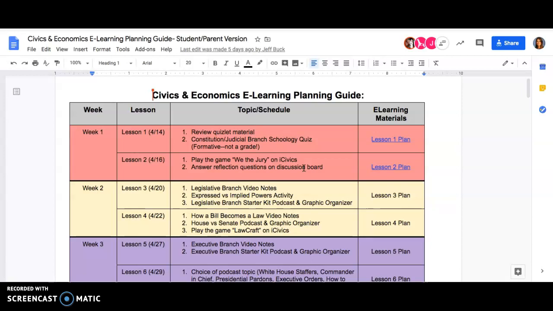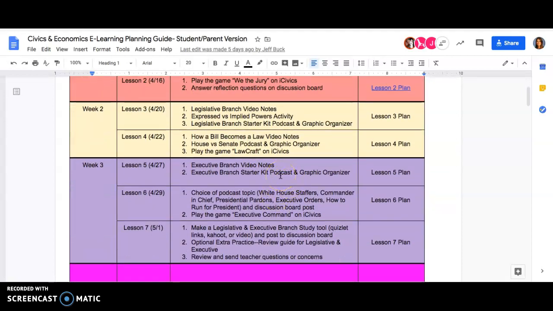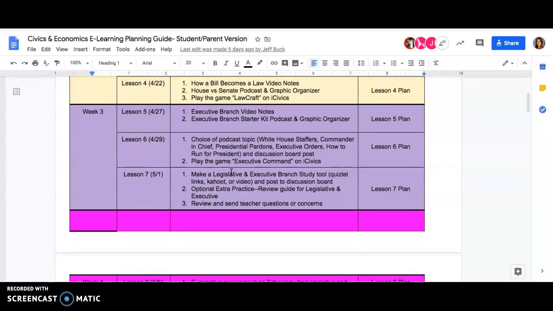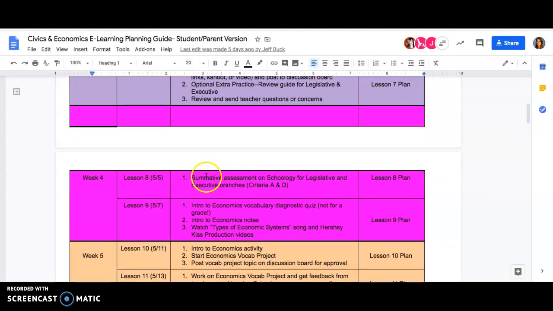And to talk a little bit about what we are going to be doing for the rest of the year, when we left off before we joined e-learning online, we were finishing up the judicial branch unit, and we also hadn't assessed the Constitution unit formally yet, or excuse me, summatively yet. So we're going to do a little formative Constitution judicial branch Schoology quiz. It's not for a grade, it's just a formative grade. And then we're going to move on to a new unit with the legislative and executive branches. So we'll start that with the legislative branch. We'll move on to the executive branch,